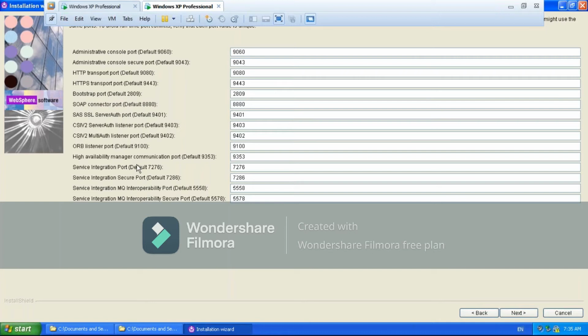Does anybody have an idea in which XML file the port numbers are stored? Server index.xml, sir. Exactly, Ravi. Excellent. Where will that file be available, in which path? Where do we have serverindex.xml? At the node level, server level, or cell level? At the cell level? No, it's going to be at the node level.